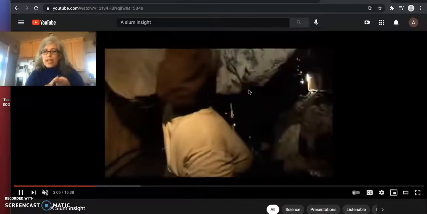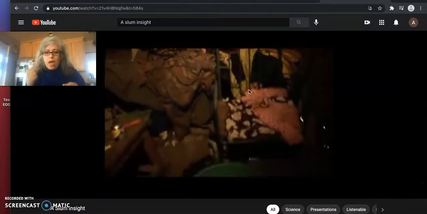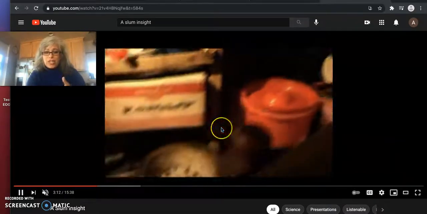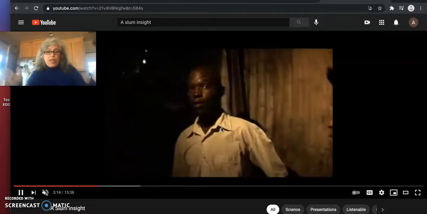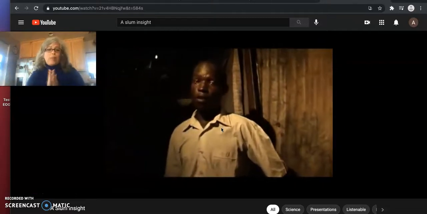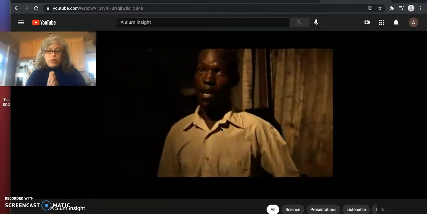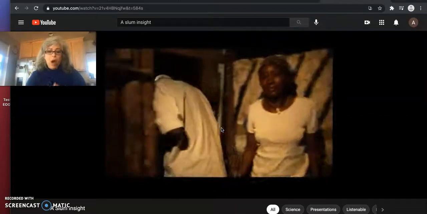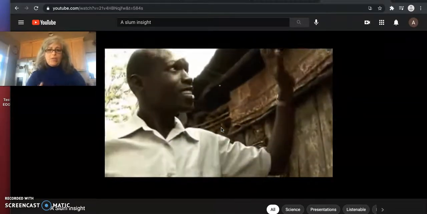There's not sufficient space for people's mental well-being. There's not sufficient space for people's physical well-being. That's the toilet. Here's the kitchen right there. This is probably a 12 by 12 shack where 6 people are living. She has just told this guy 6 people live there. Now, he's going to show you other examples of non-durable housing that doesn't have enough space.